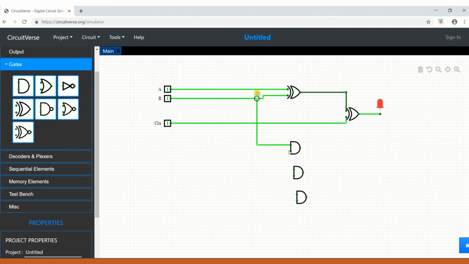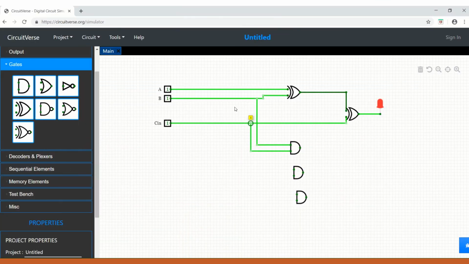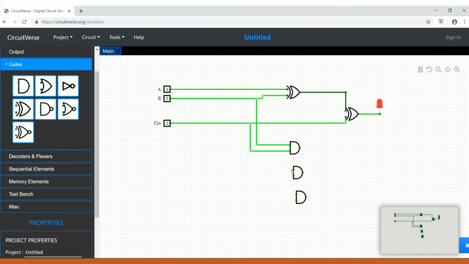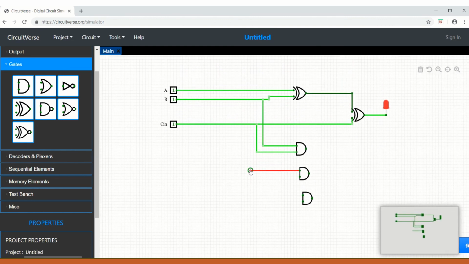So B and C in. Okay. Then what is the second input? That is AC in. So here that is A, and the second input is C in.